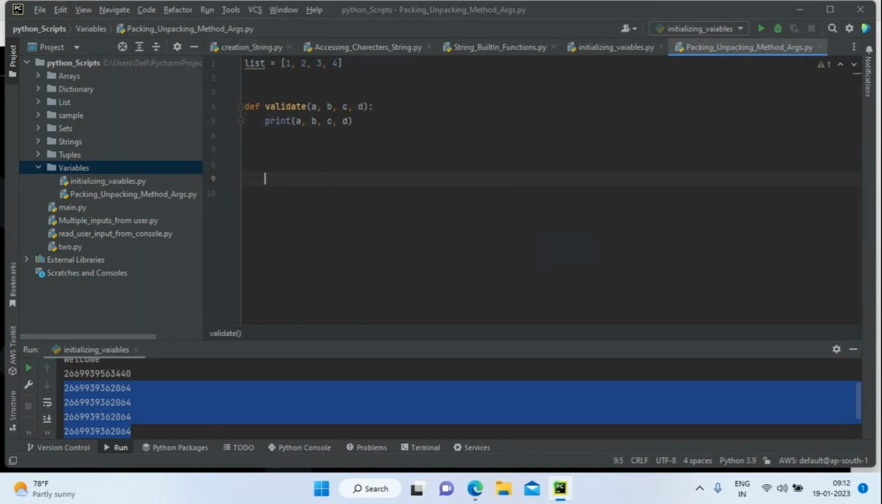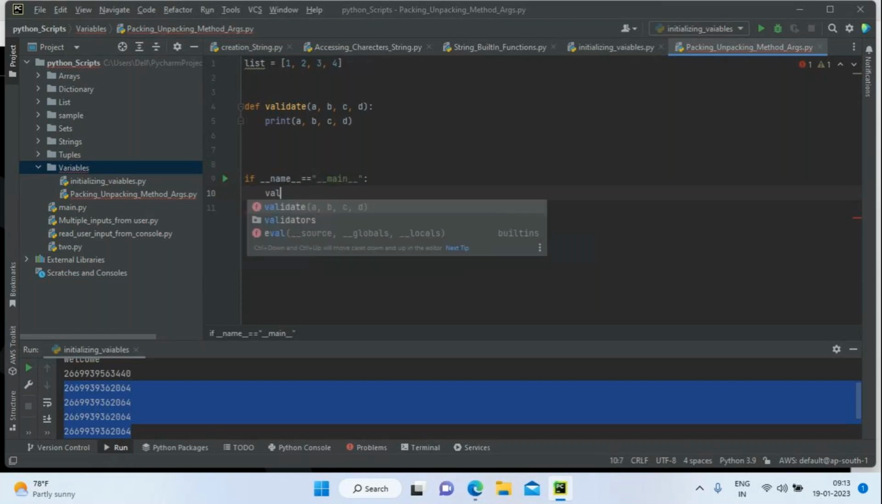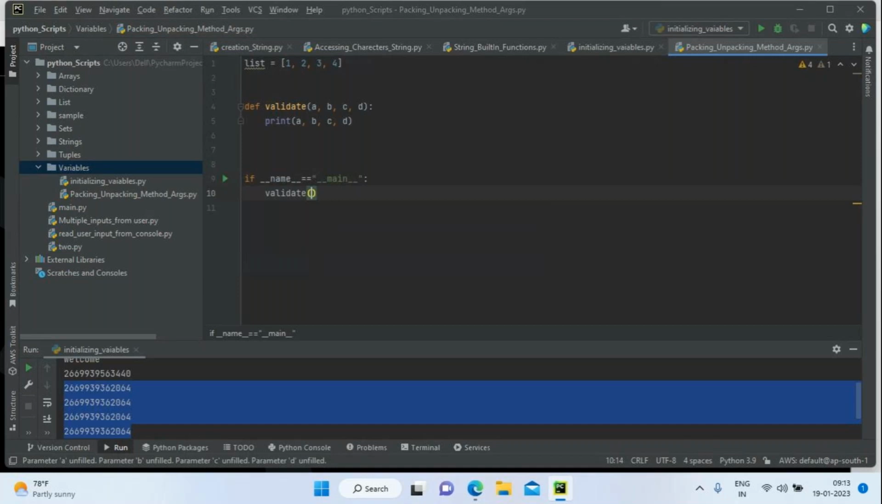For understanding, I'm going to call this method. Now we're going to call this method. The default module will be the main module. And then I'm going to call validate with this list variable. If I run this program,